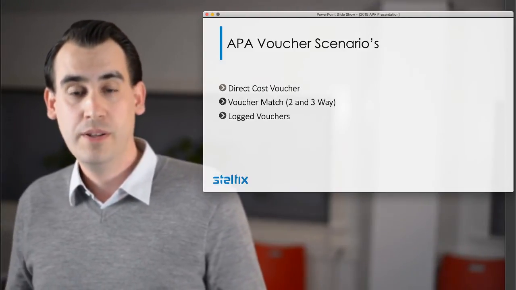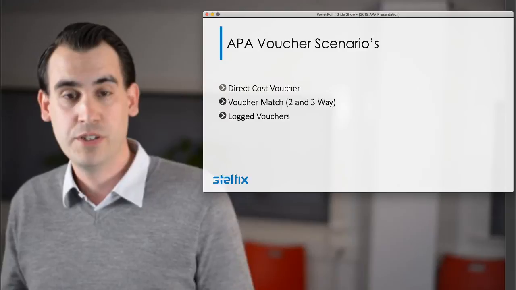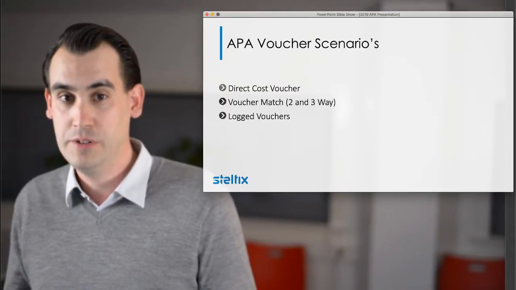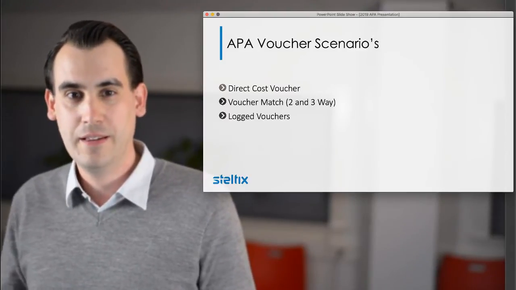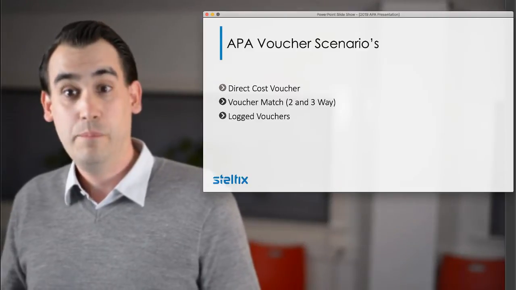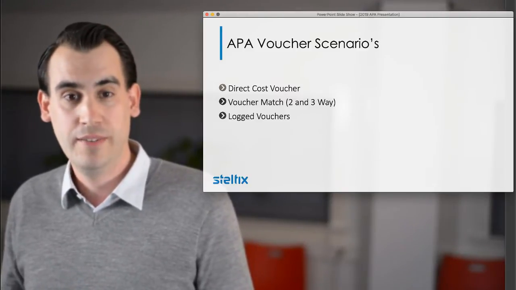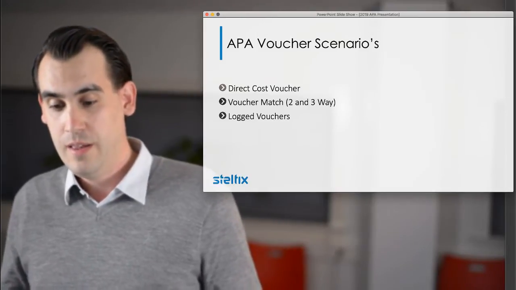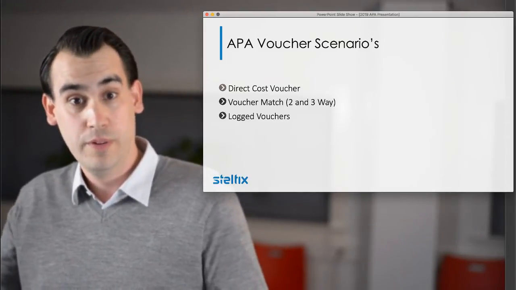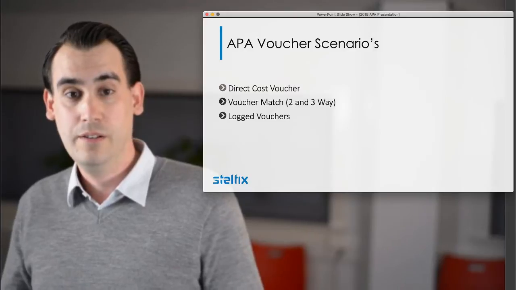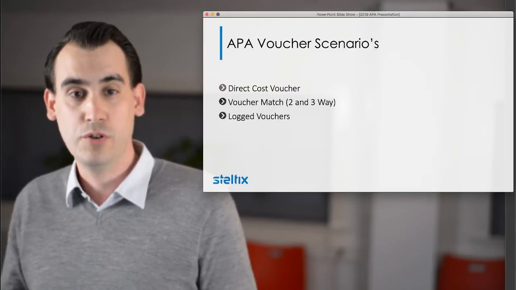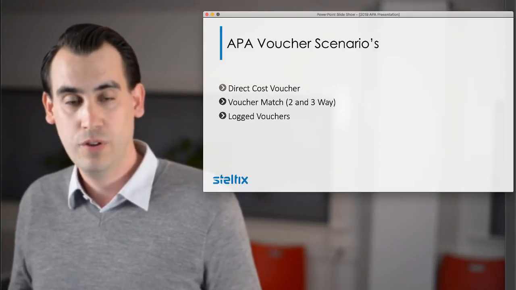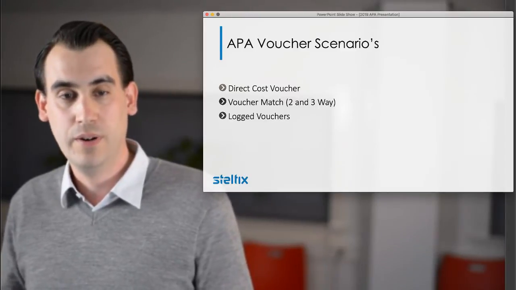So when somebody has made a purchase without a purchase order, which can be a bit of a risk, you also want to capture that in your supplier ledger information. You make a direct cost voucher, and we also have an approval in that, so that when a certain amount is reached, one or several people have to give approval to get that completely correct in the GD JD Edwards system.